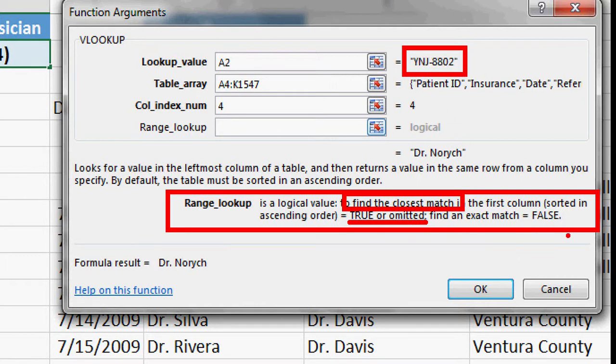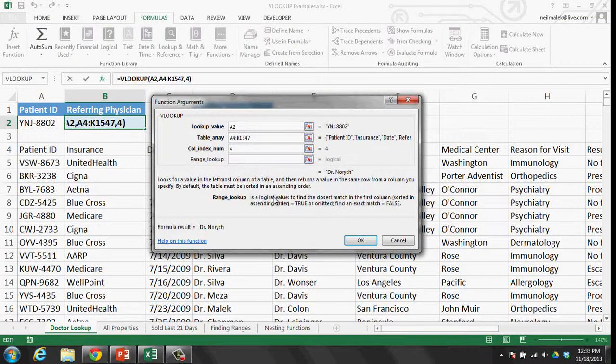So in order to find an exact match, as you can see right here at the end, this is why I said most of the time I find myself filling it in. That's because I almost always want to find an exact match. So I almost always type false into the range lookup box. So I'm going to go to my range lookup box, and in order to find an exact match instead of a close match, I type the word false into my range lookup box,